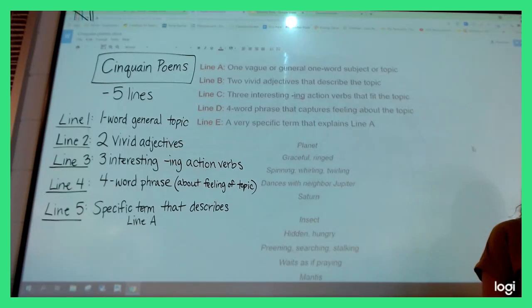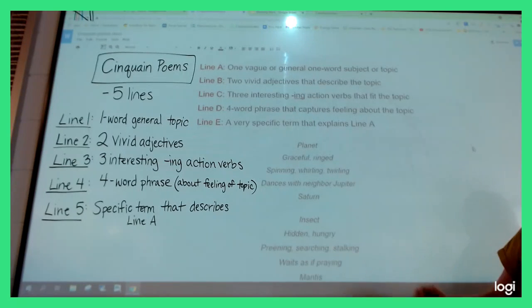I'm saying what the end of your poem could be. Okay, we have so much noise right now. The end of my poem should be a word, like they said what they were talking about in the planet poem, Saturn. Uh-huh. But what I don't get is that it says waits as if praying mantis, because one word of the bug's name is at the top.